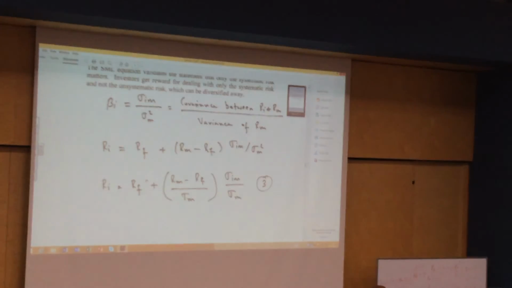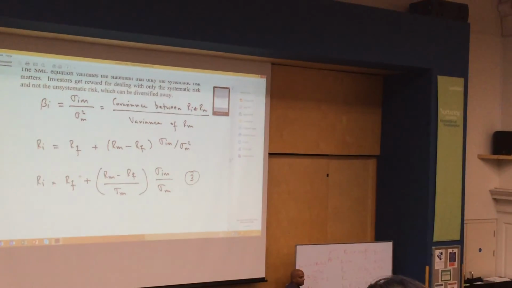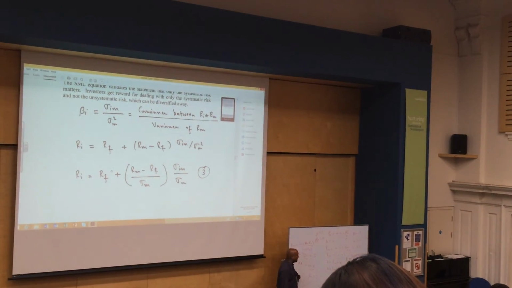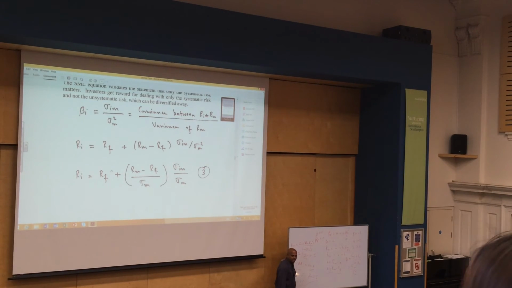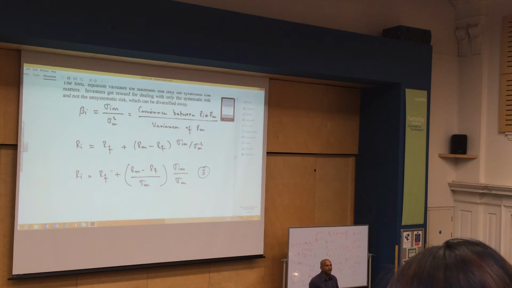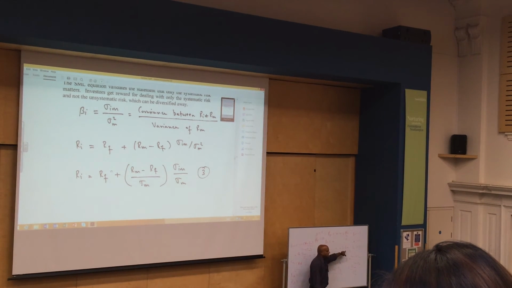Right? If you call a broker and they say, this stock is riskier than the market, that's what they mean. The beta is higher than the market. B is less risky than the market. And A, who is paying you the highest return? Who do you expect to pay the highest return? A, it's the highest risk. If you go by that equation, it's the highest risk.